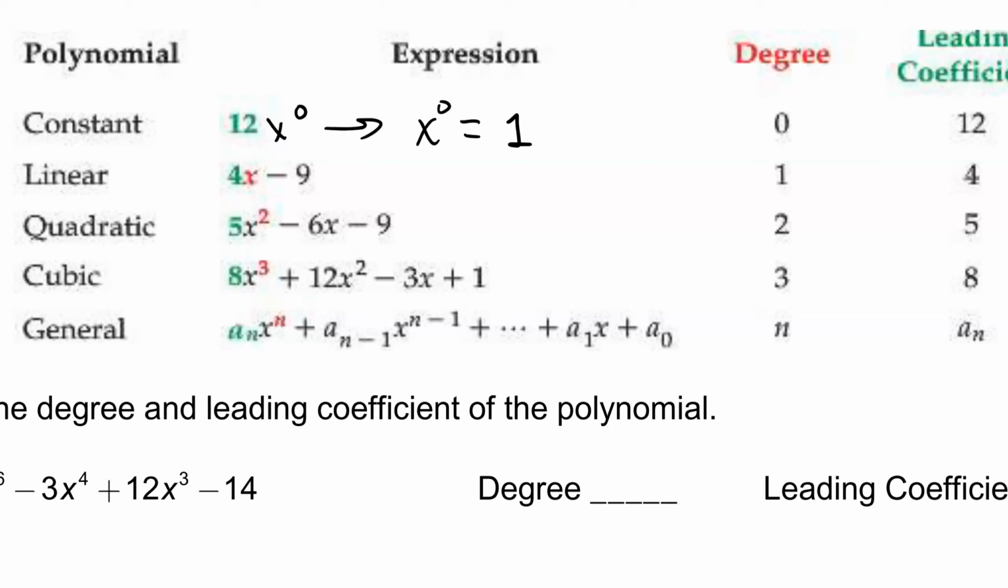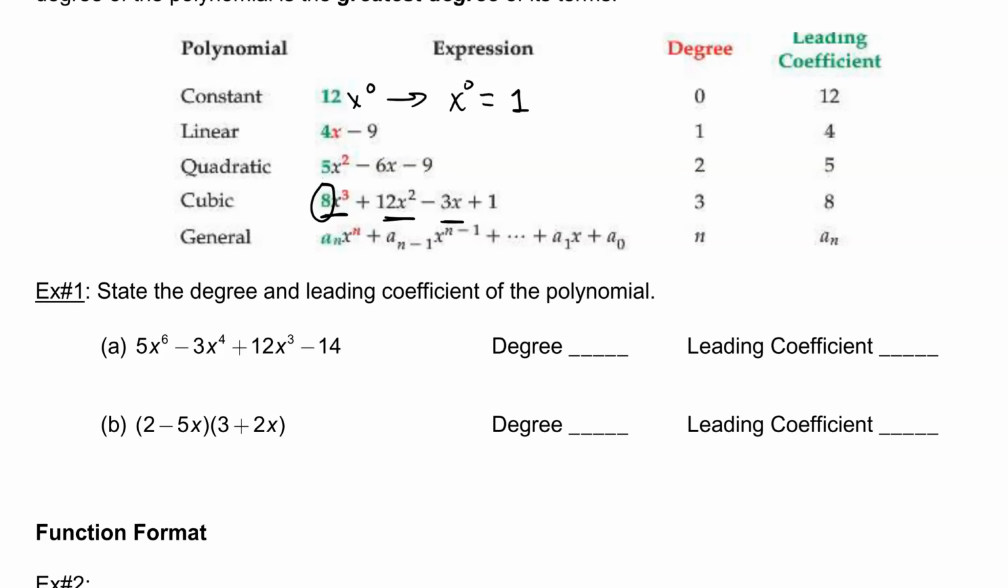Quadratic is squared, cubic is to the 3rd power. So notice that this is in standard form. Highest exponent 3, and then 2, and then x to the 1st power, and then no x. The leading coefficient here is the number in front of the variable with the highest exponent. Okay, so I'm